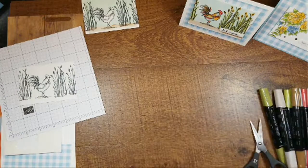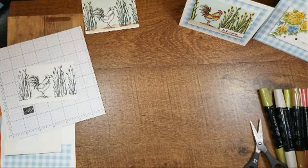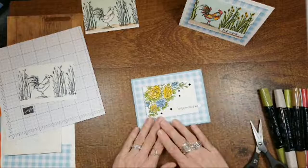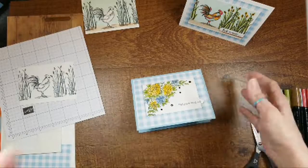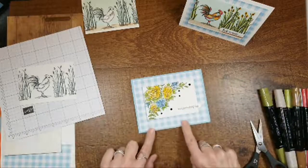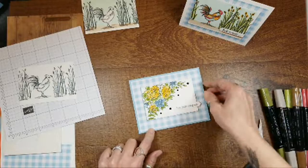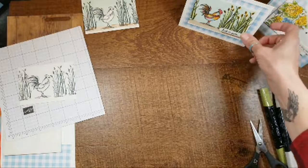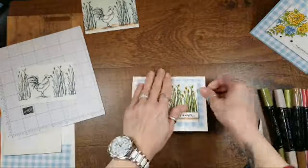All right, so now let's go to this cute card. Last night I was playing around and I made this card up. I already had my card stock out, my gingham DSP, which is so beautiful. Make sure you sign up for my DSP share, that way you don't miss out and you can